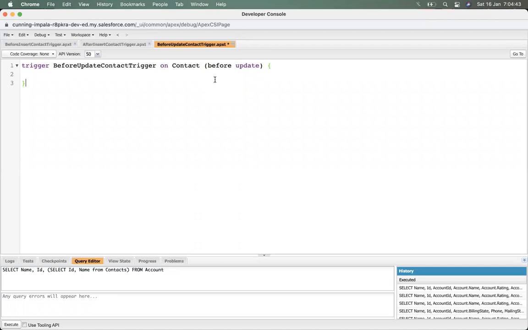Now this trigger will run only when the record is updated, not inserted.